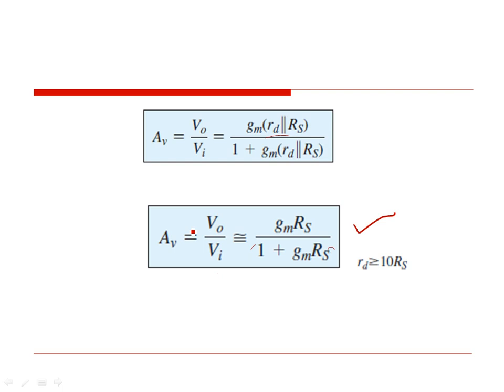Here you can see that there is no inversion, there is no negative sign, no 180-degree phase shift between the input and output. This source follower is offering high input impedance for the input signal, and this can be used as a buffer circuit. So the source follower is also giving an output almost equal to the input signal.